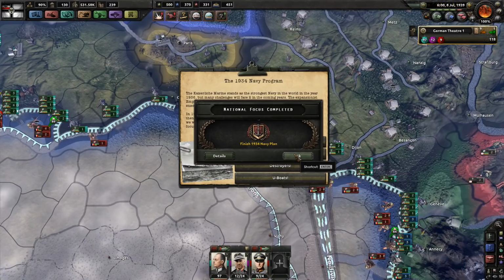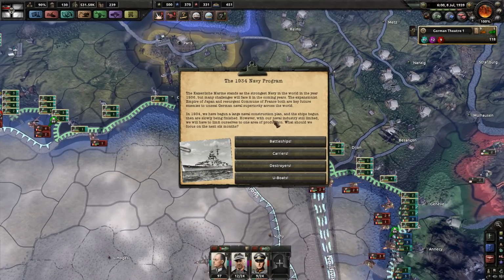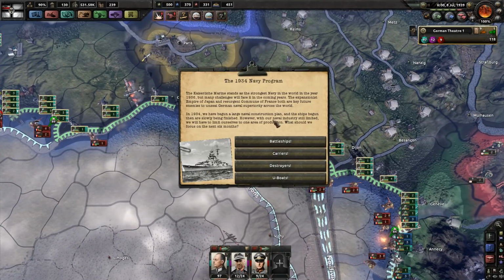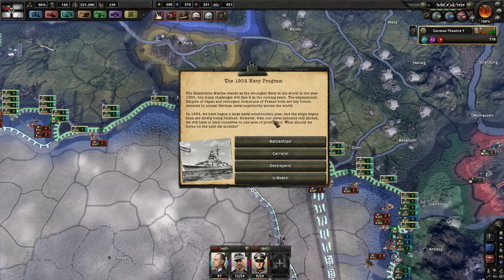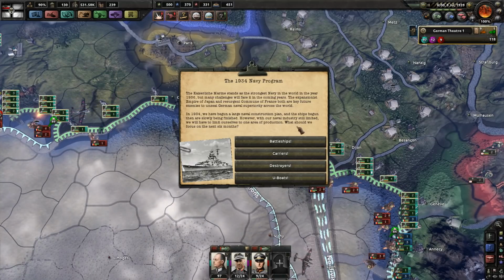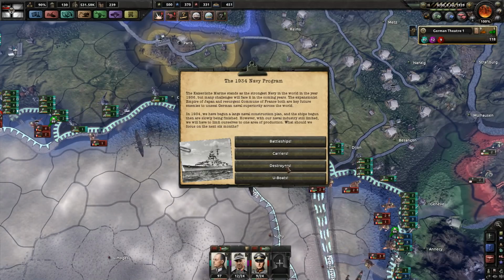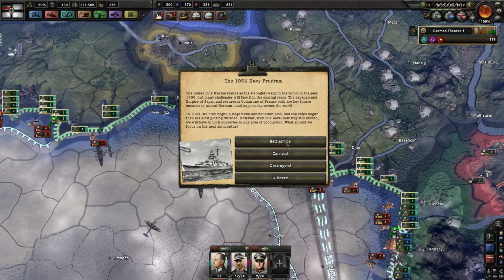Ah, the 1934 Navy Plan is done. The Kaiserreich Marines stand as the strongest navy in the world. Ha! And many challenges we'll face in the coming years. The expansionist empire of Japan and the resurgent commune of France are both key future enemies to unseat German naval superiority. Focus on what for the next 6 months? Battleships, carriers, destroyers, or U-boats? Either battleships or destroyers. I'm going to go with...